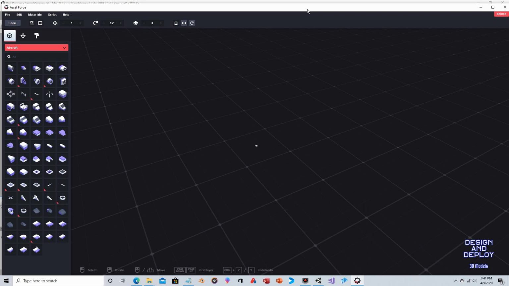Hey everyone, in this video we are going to use the 3D modeler Asset Forge to create some of the core assets for an Endless Runner game. So there's really two purposes to this video. One, to show you some of the functionality of Asset Forge, how to create 3D models for a game, and two, to have a very light but non-technical discussion about level design, because when you're making these assets you really